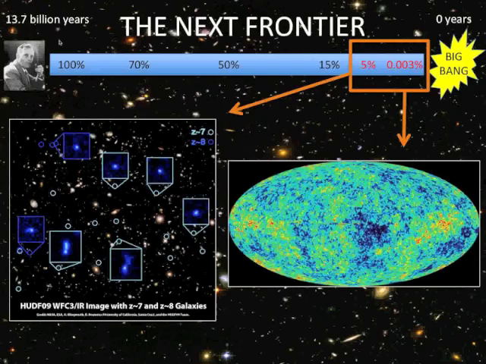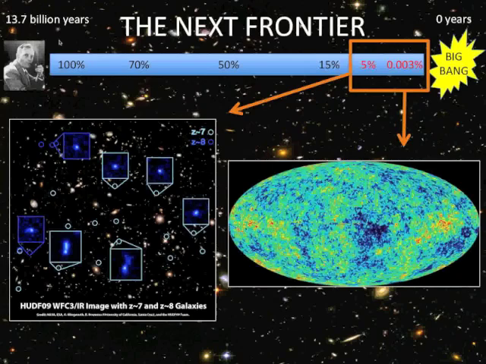The other big gap in our understanding comes from this period right here, right? So we have the picture of the baby universe at the very, very beginning, but we only have a handful of galaxies that we can detect back into when the universe had 5% of its current age. So we don't know anything in between these two epochs.